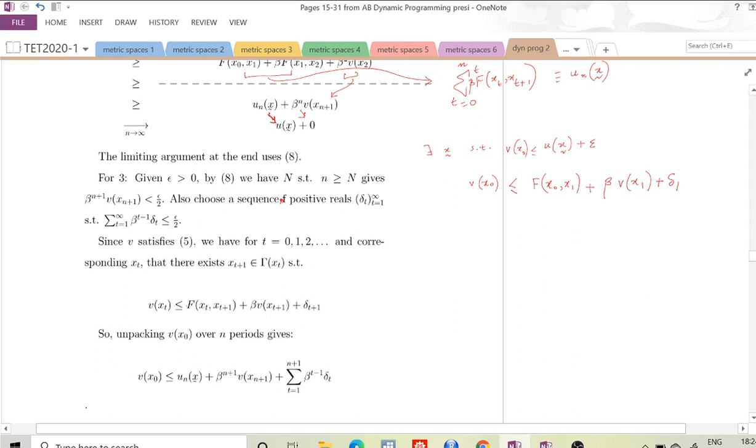So if we start doing this at time t equals 0 and we do this for a large enough n, then because beta to the n v of xn goes to 0, we should be able to find a capital N such that for all small n beyond that, this is less than epsilon by 2. Okay, so if we do that, we have this. We started with this, then we,